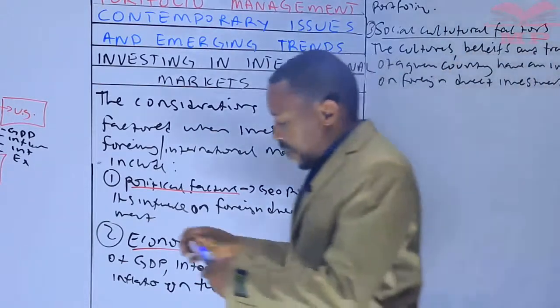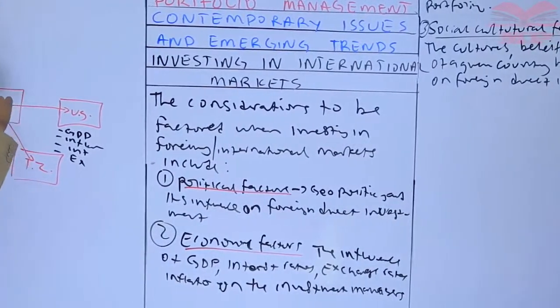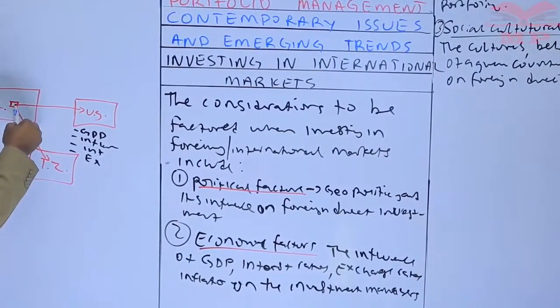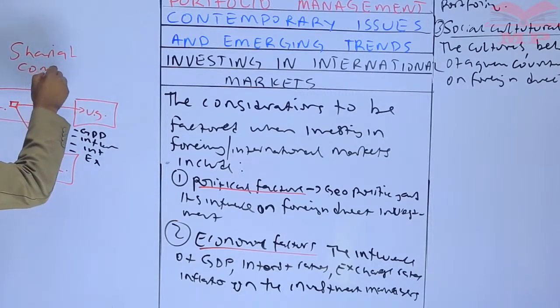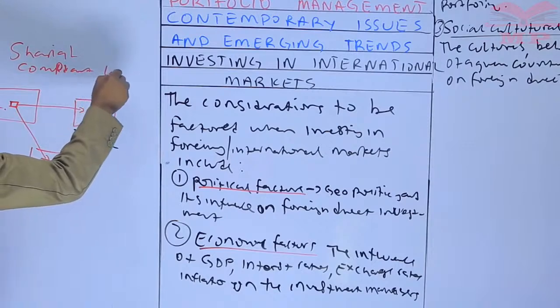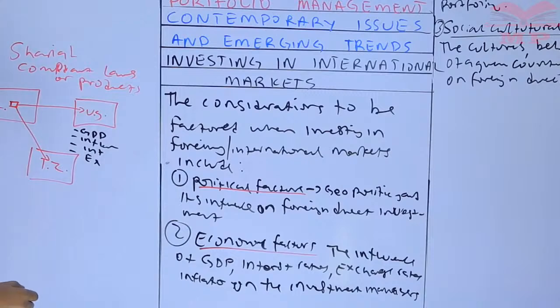We can come back over here to a drawing. If, for example, in Kenya we are predominantly Muslim or have a following towards the Muslim proposition, then we would only seek to invest in those countries that have Sharia compliant laws or products. So those are the cultures and beliefs.